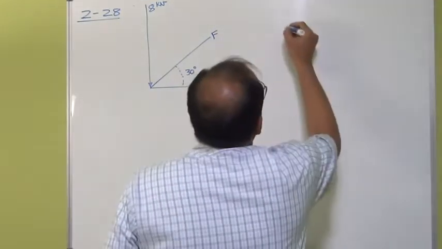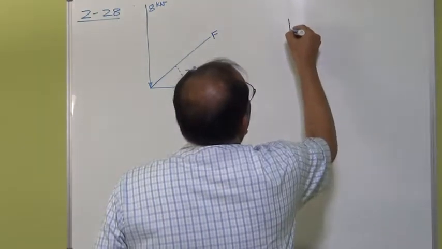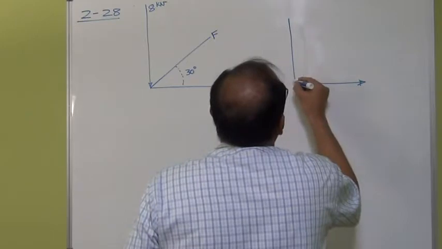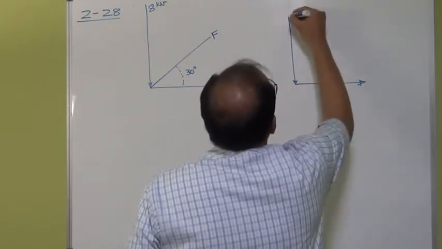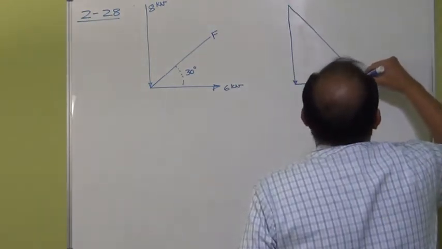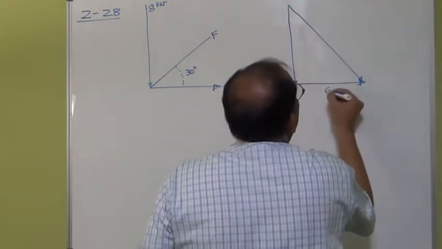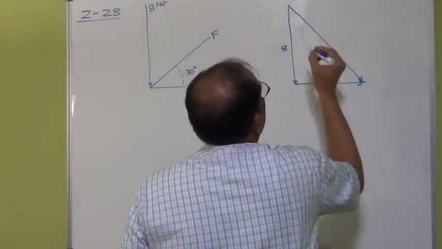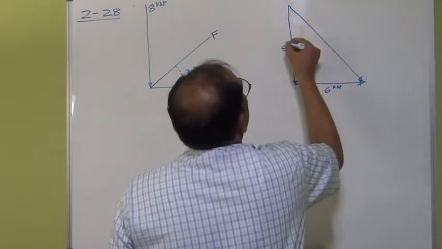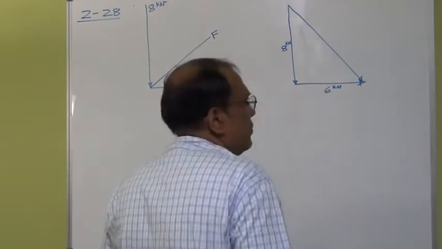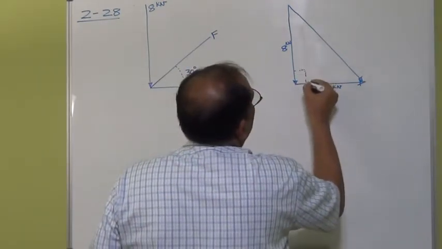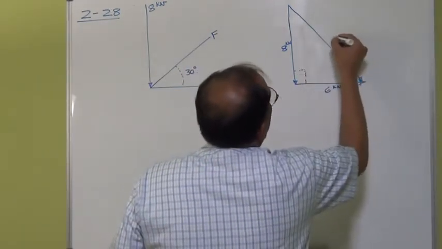So this is basically your resultant. Since this one is 90 degrees here, you can see this one is basically